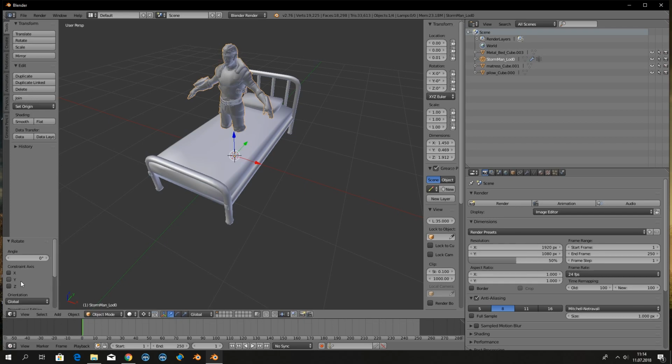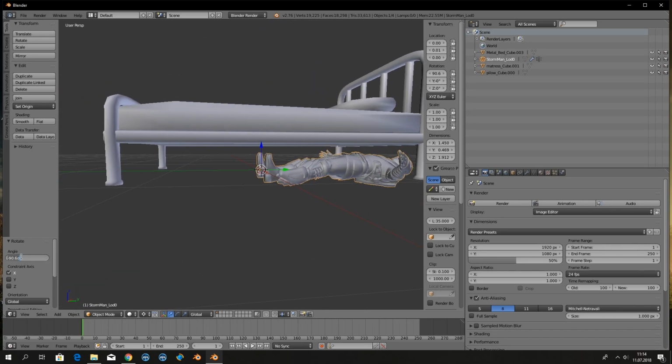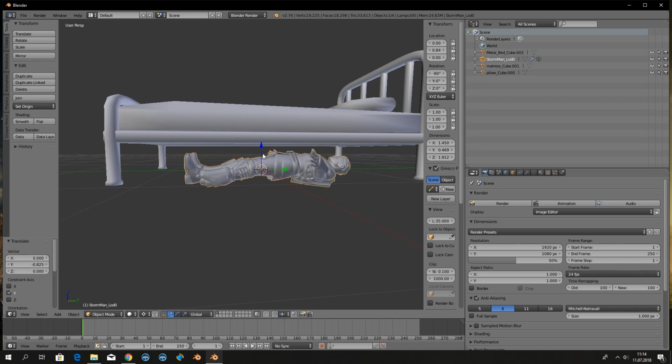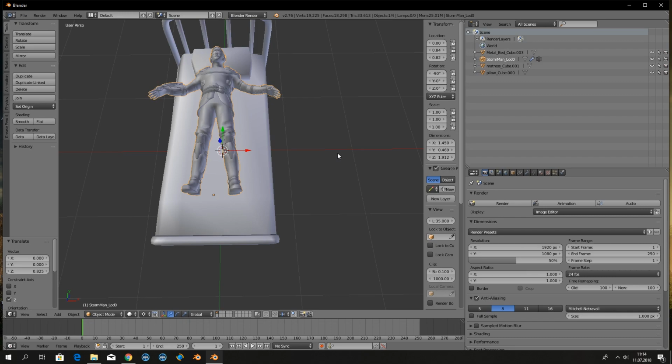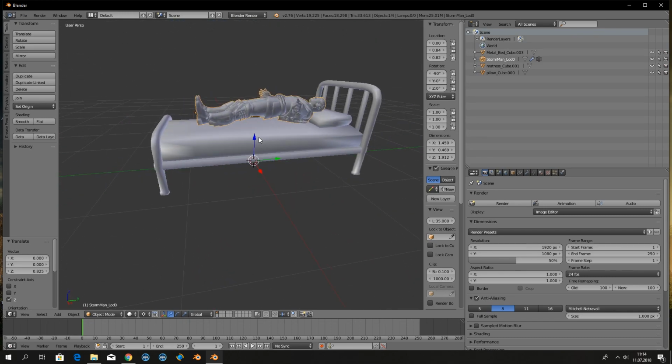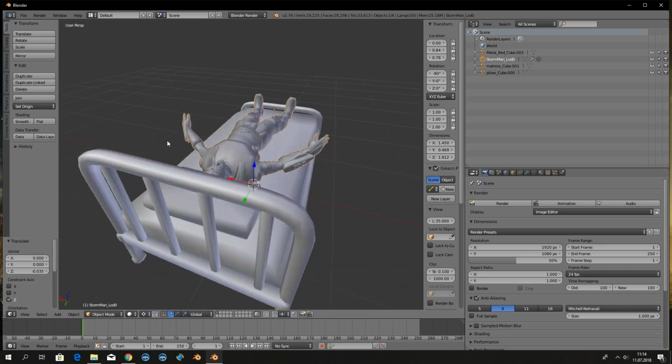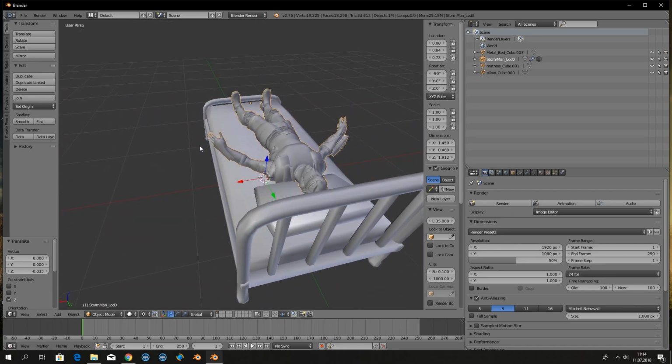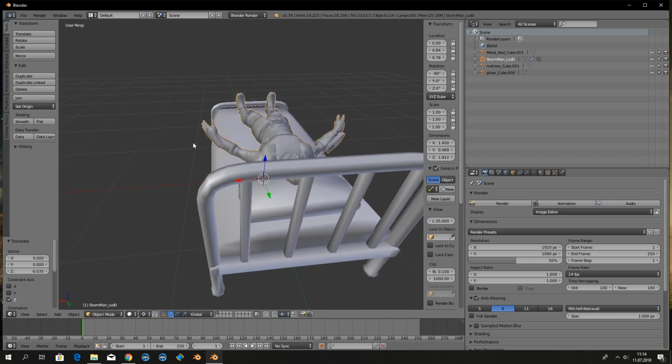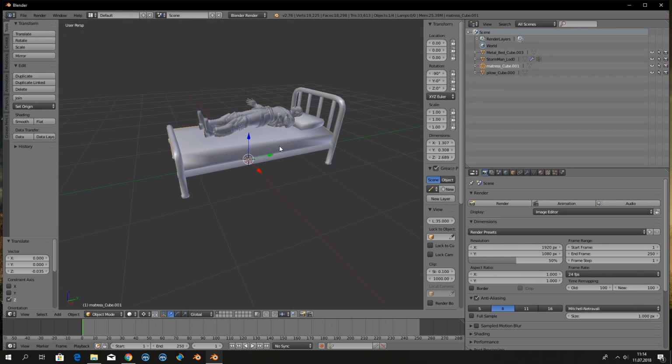So I'm gonna delete the armature and rotate the Stormen to make it lying like that. Minus 90, and now make it up. So I think the bed has the perfect size for the Stormen. Maybe it's a little bit big, I don't think so. Anyway, I can scale it a little bit, like, oh, I need to select all the